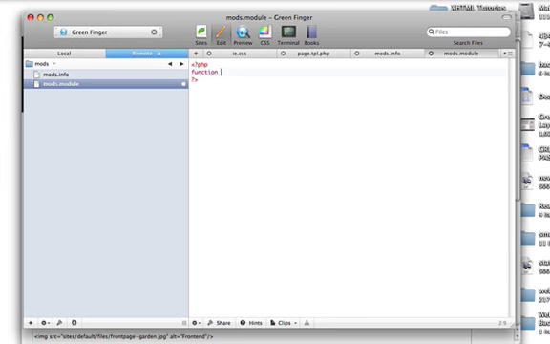In the example, the function is shown as hook underscore form underscore alter, but what you actually want to do is put the name of your module underscore form underscore alter. You don't want to put hook, otherwise it won't work. So we're just going to open that,